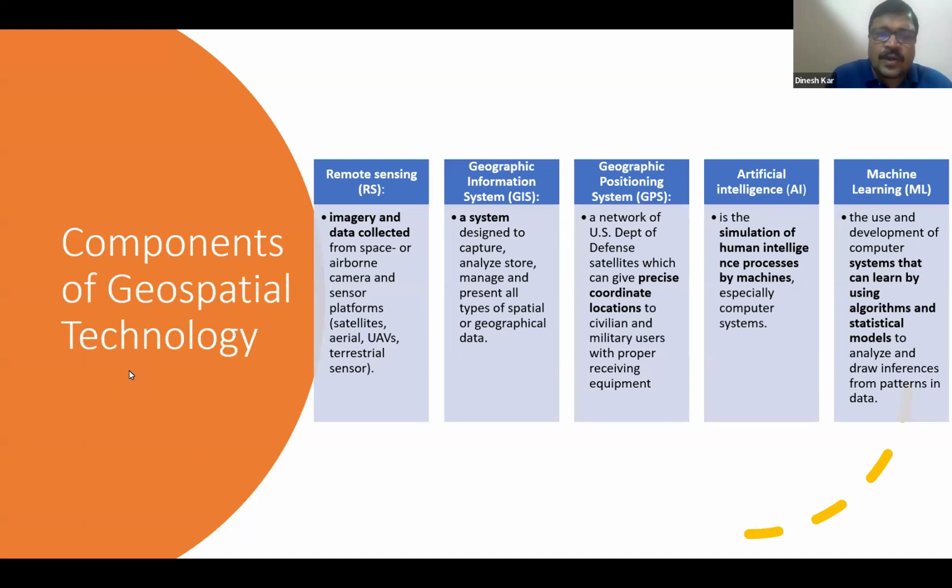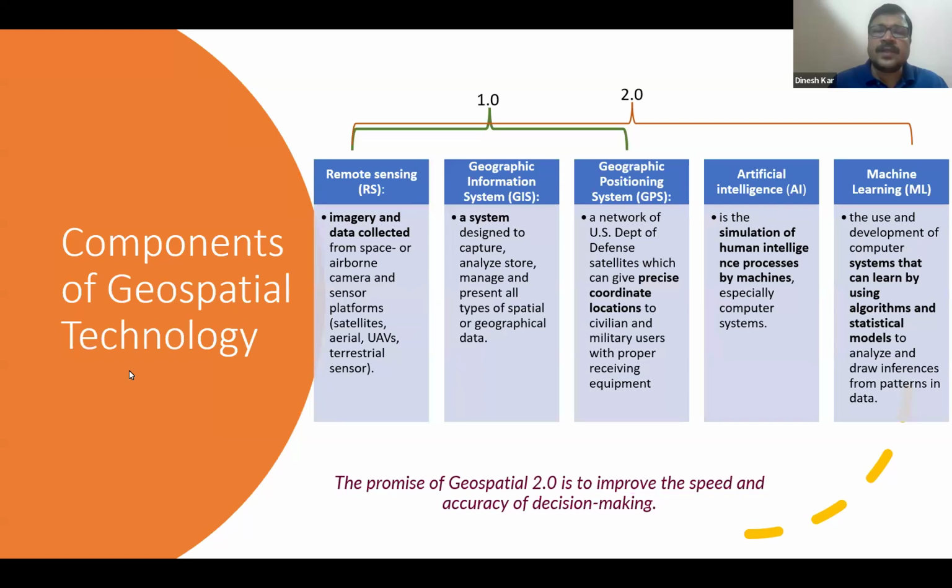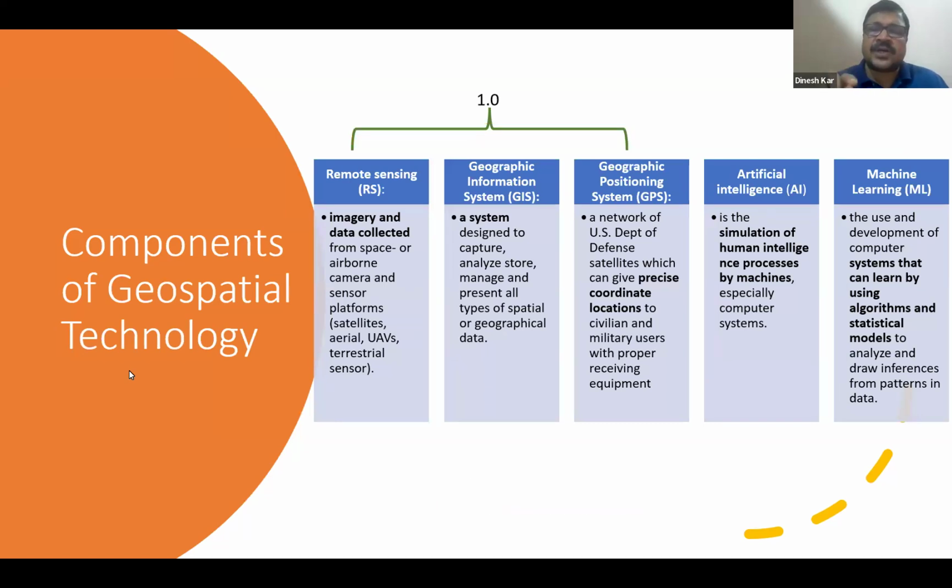And I have also mentioned, you might have noticed, geospatial technology 2.0. The use of remote sensing in agriculture has now taken almost 5 decades. It is almost 50 to 55 years since people have been using it. Now this is also trying to change from 1.0 to 2.0. So the first one is remote sensing, GIS and GPS, which I just explained. That is the 1.0. And when we add artificial intelligence and machine learning into it, this is where